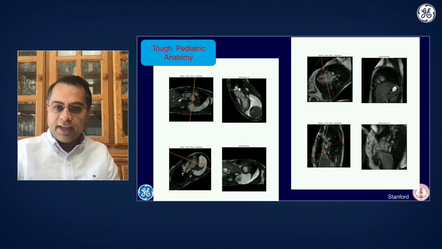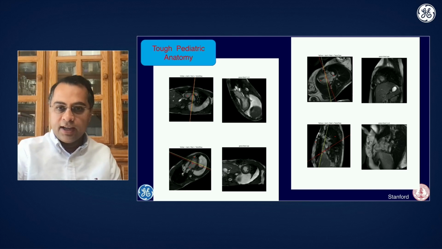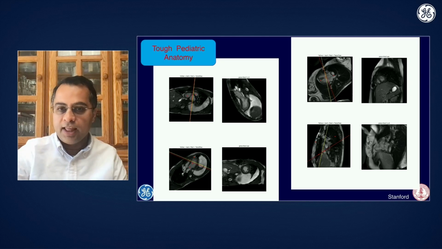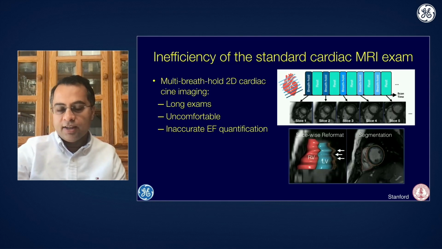And one of the caveats to this, though, is that this whole system was trained on adult patients without congenital heart diseases. So for pediatrics, this is still a work in progress in terms of determining whether this type of automated approach can yield accurate selection of scan planes. So for instance, here you can see a case with a VSD where the system still works reasonably well to obtain a view, but there are even tougher anatomies that can cause greater challenges in automated scan plane prescription.